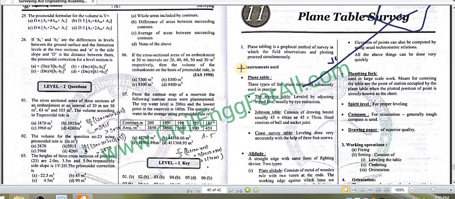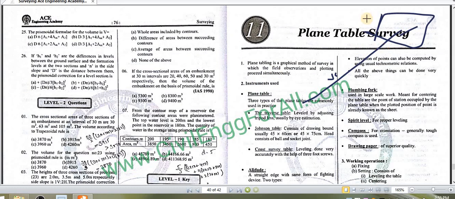Now, instruments used in plane table surveying. There are various types of instruments and a lot of accessories required in plane table surveying. The first one is your plane table. As I've told you, it is a drawing board on which you can fix your drawing sheet. Generally the table is of wooden material. At the bottom, it has been provided with threadings and screws so that it can be fixed to a tripod, because in surveying you make the observation when the line of sight is horizontal. So in order to make it perfectly horizontal, a tripod is provided.